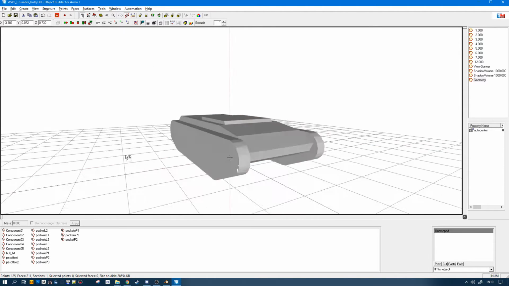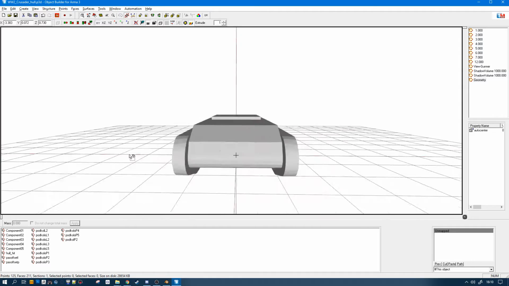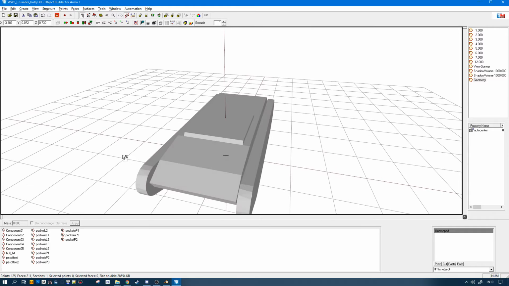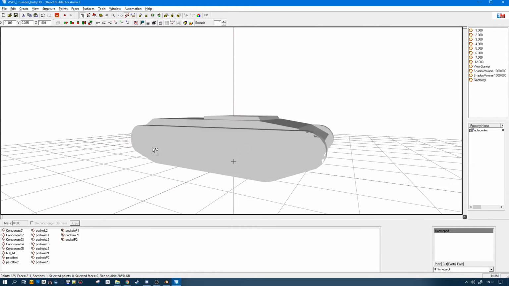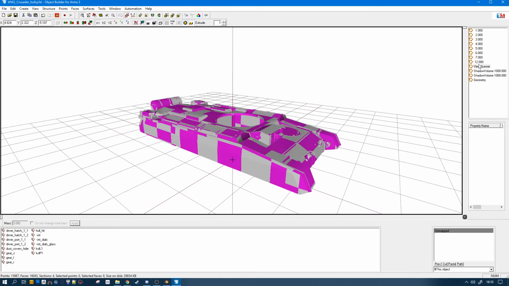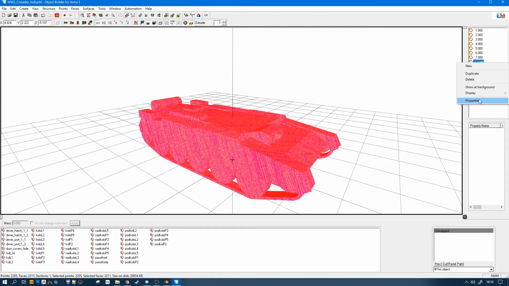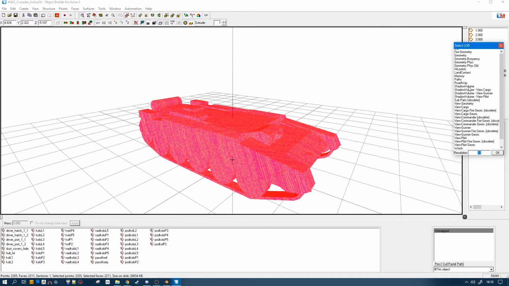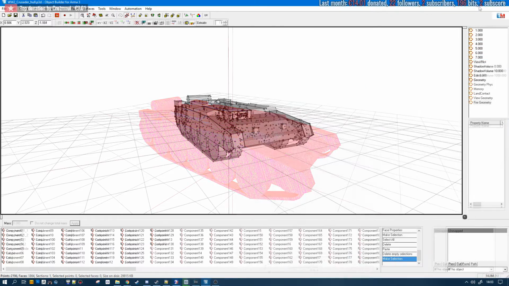If you have questions and you wonder what is the purpose of this LOD or this LOD or this LOD, you can go to my other video, Blender to Arma complete export tutorial, where I explain everything. So this is fire geometry.